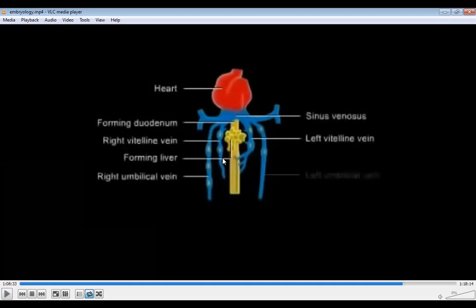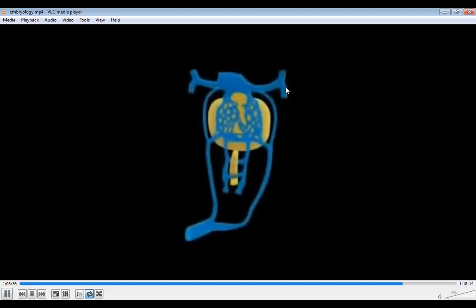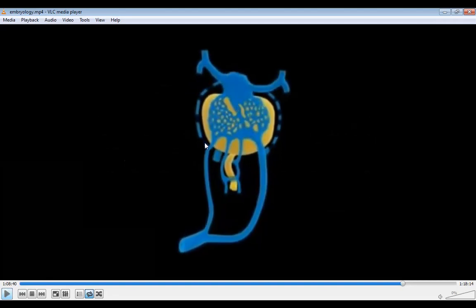Right now, there are certain anastomotic channels which are formed in front and back of the foregut between these vitelline veins. Now this is the developing septum transversum. Now you can see gradually there are various anastomotic channels between the right and the left vitelline vein inside also, and these liver sinusoids are being formed by these anastomotic channels of the vitelline veins. Now you can see, this was the left side, this was the right side. So a left to right shunt is being formed because of this hepatocardiac venous channel. This will form the ductus venosus.